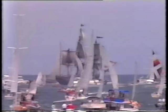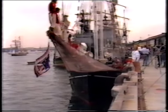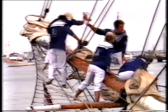The fleet has been at sea for 32 days, sailing from Mauritius. For an old salt and one of the sailors on the fleet, it was a time to think of days gone by. The early sailors would have had it far more difficult than we did. We would have been basically in luxury compared to them, bearing in mind that they would have had to get to Sydney and they wouldn't have even known what they're going to. And they were 8 months at sea on square riggers, nowhere near the capacity of what these ships are in facilities. We went from Mauritius to Perth, where they went from Cape Town straight through to Sydney, and down in the Roaring Forties most of the